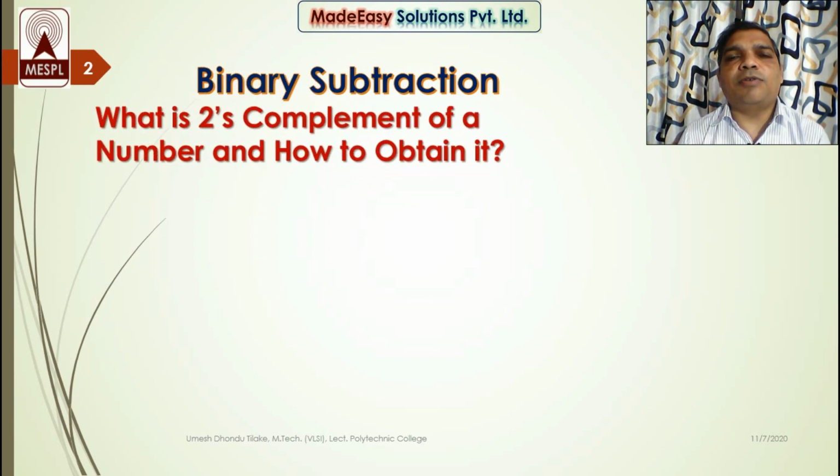The very first thing I want to make clear is that we always find the 2's complement of a subtrahend, not a subtractor. Now, obtaining 2's complement is again a subtraction process. To obtain the 2's complement of an n bit binary number, we must subtract it from the nth power of 2. That means if I want the 2's complement of a 2 bit binary number, then I must subtract it from the second power of 2, that is 4, and the binary equivalent of 4 is 100. So I must subtract a 2 bit binary number from 100.